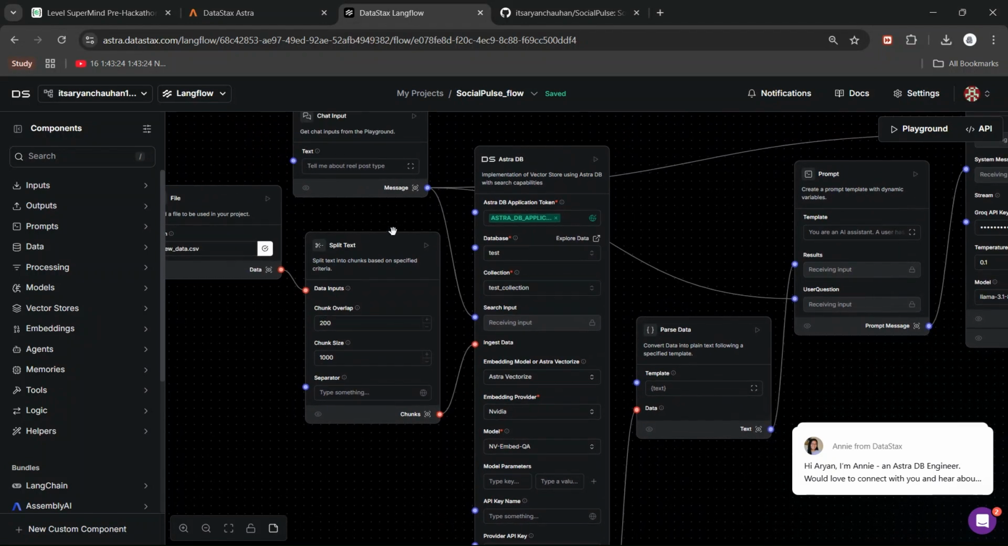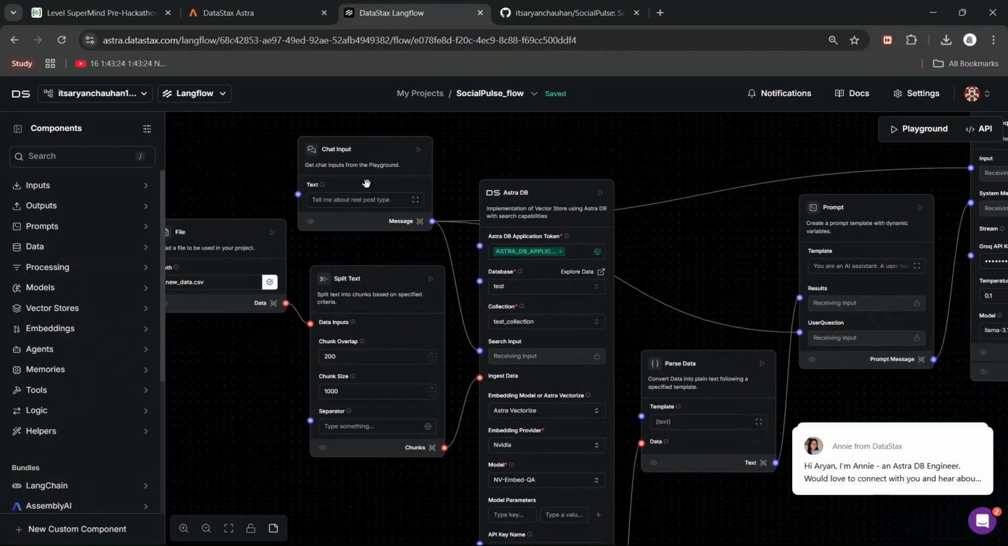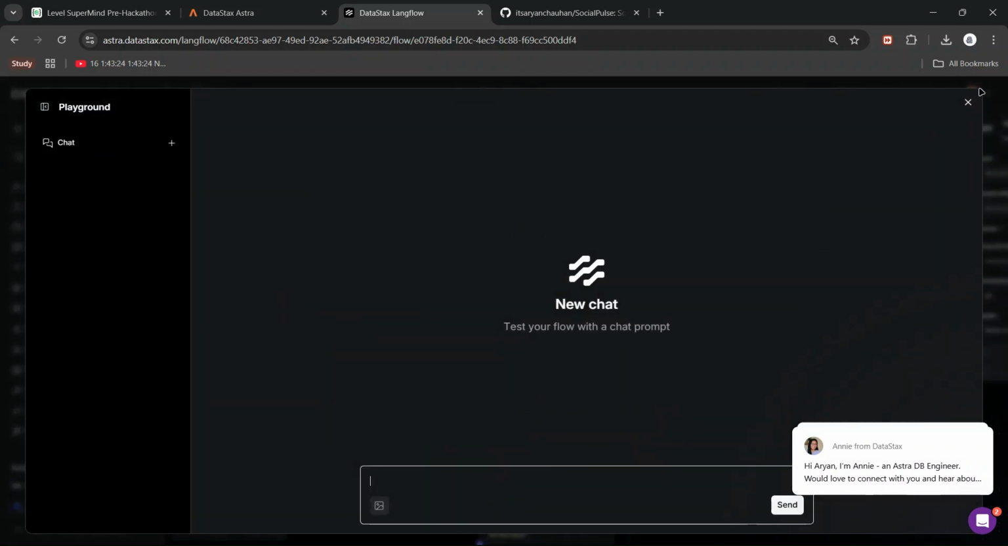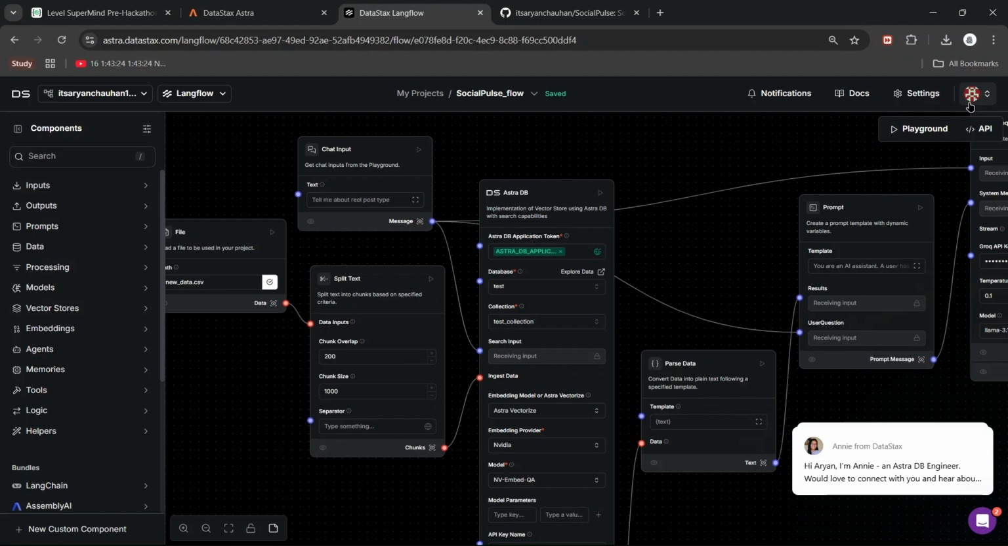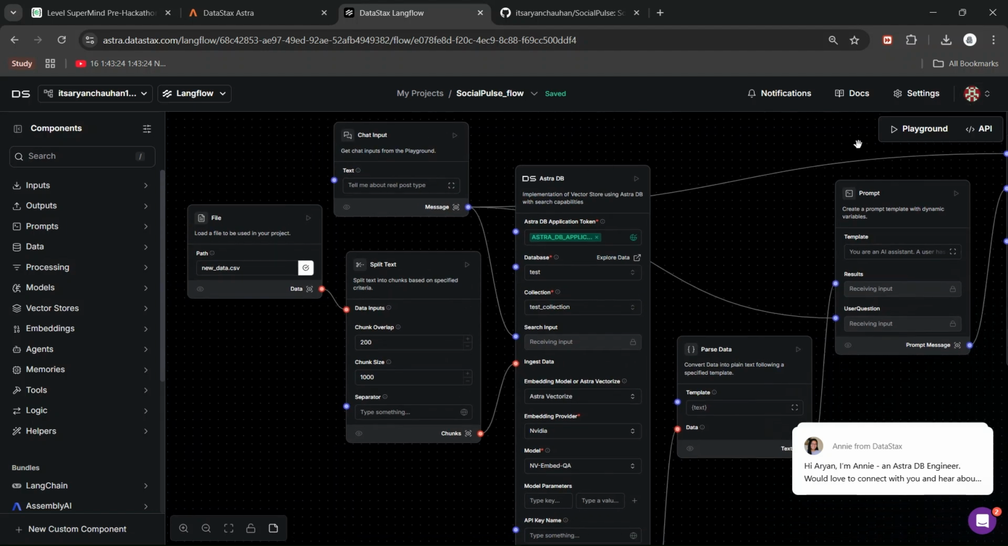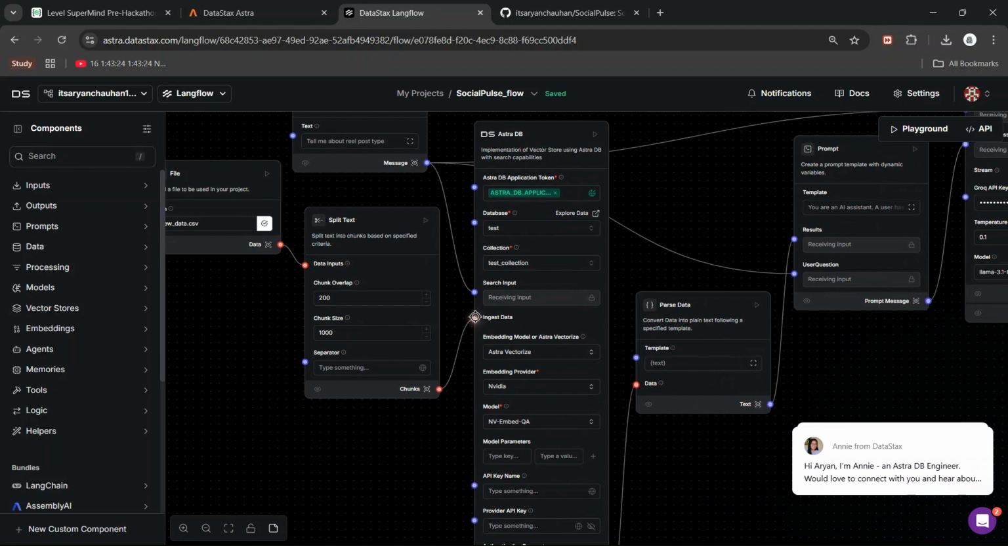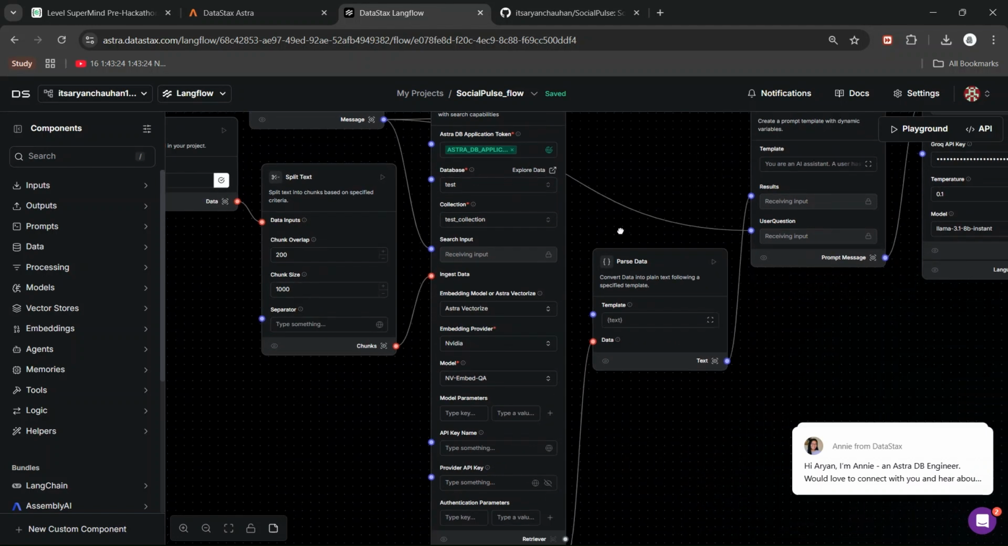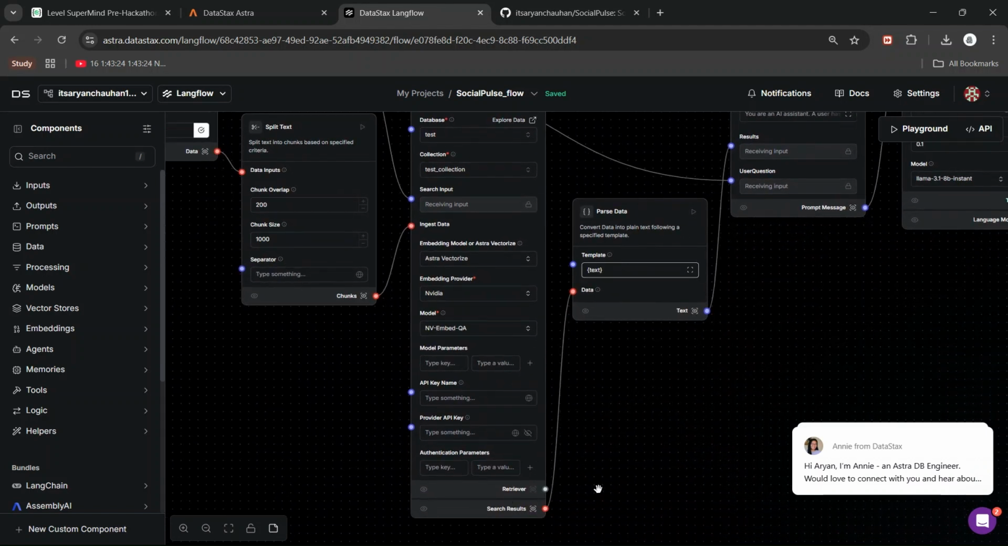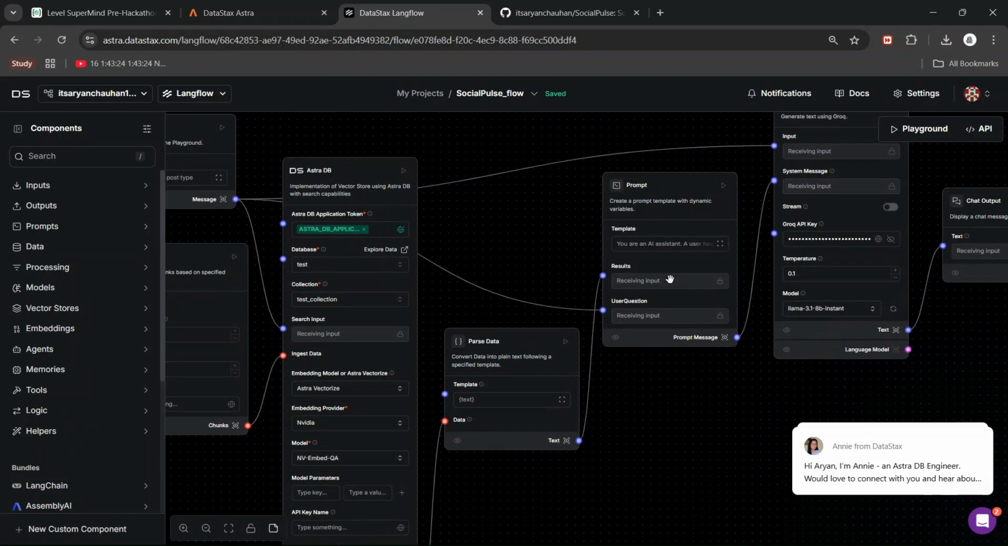Along with this, we also take a chat input from the user that we can access from this playground button, as well as our made website, which I will show you in a second. In the playground, the chat input gets put in here, and it also gets received in the Astra database. This ingested data and the chat input get passed through the parse data component, and then it gets thrown